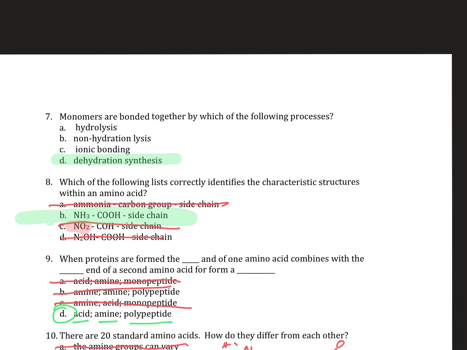All right. So here, give me a second. Hold on to that question. Monomers are bonded together by the following process: dehydration synthesis. I just showed it to you. Which of the following lists correctly identifies the characteristics of the structure of an amino acid? I hope you know it's